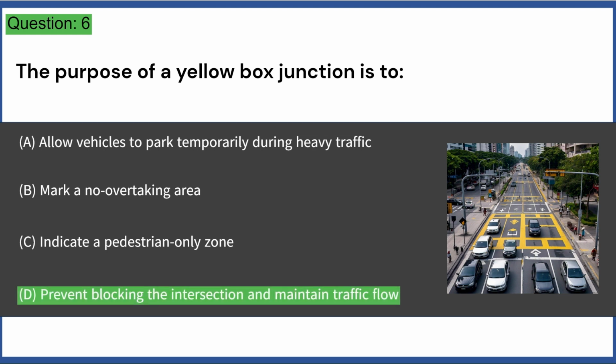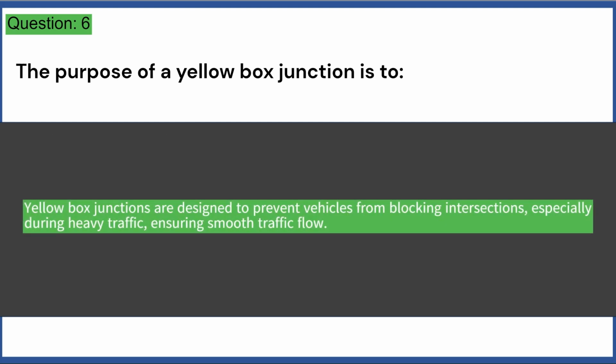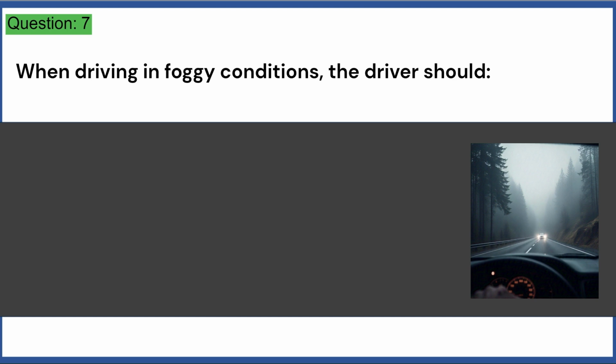Answer D. Yellow box junctions are designed to prevent vehicles from blocking intersections, especially during heavy traffic, ensuring smooth traffic flow. When driving in foggy conditions, the driver should: